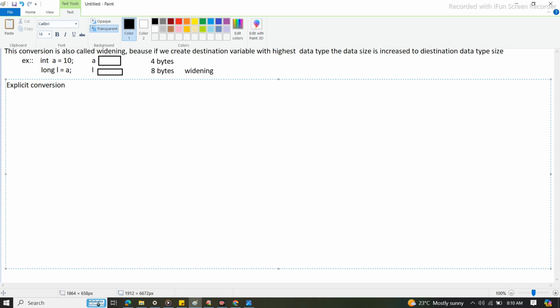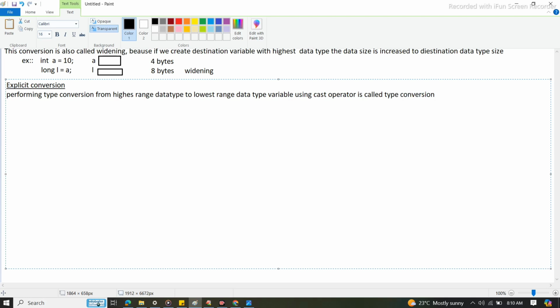Explicit conversion means performing type conversion from the highest range data type to the lowest range data type using the cast operator. It is called type conversion